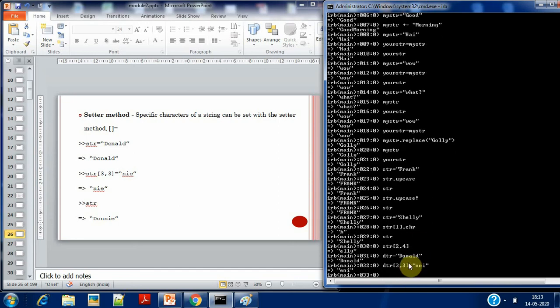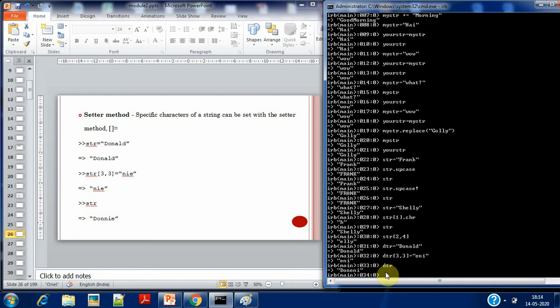So what is the meaning of this? From the third character. We'll just check the data here. In dtr you have DONALD, starting at position 0.